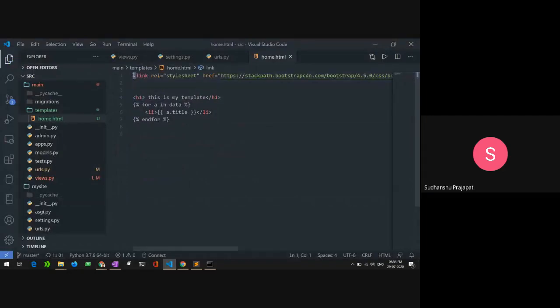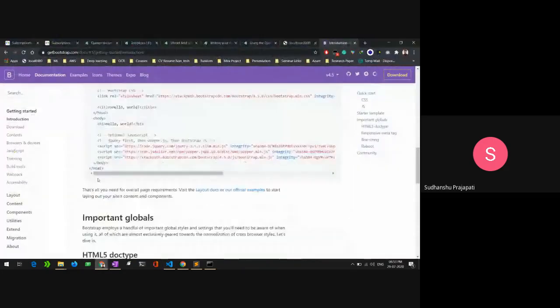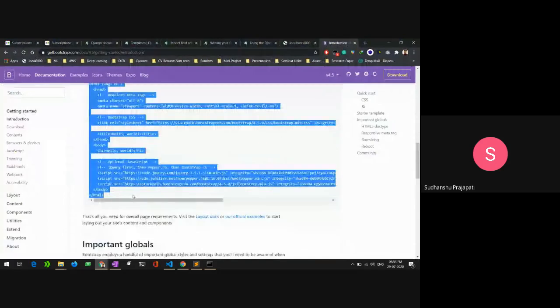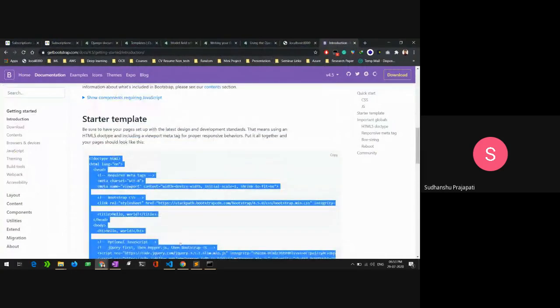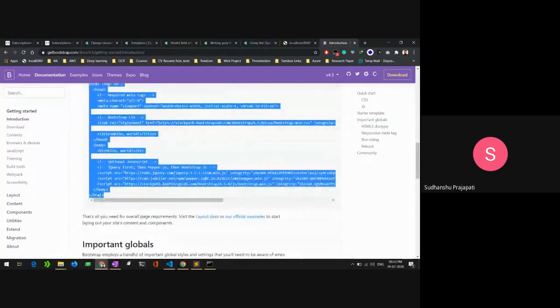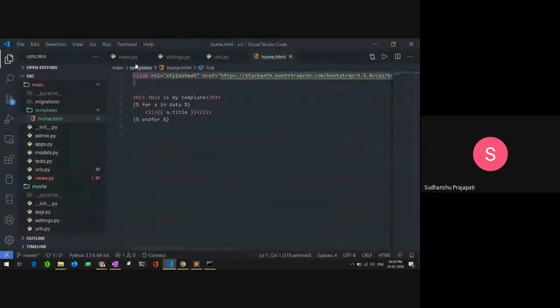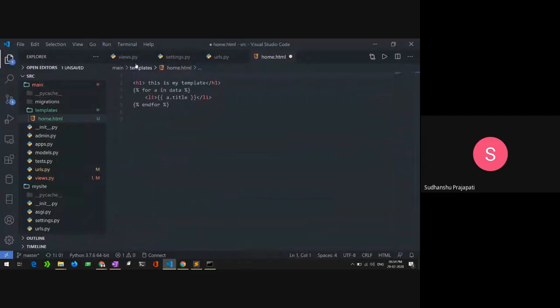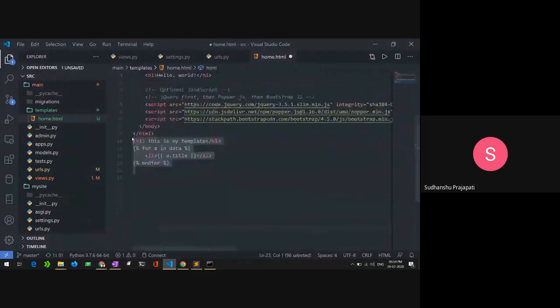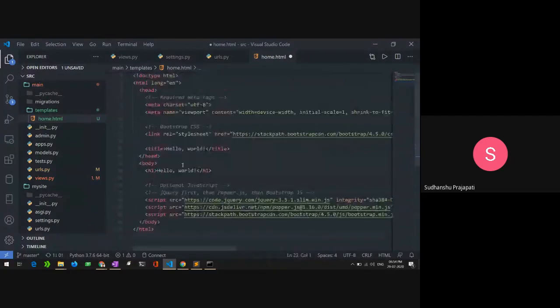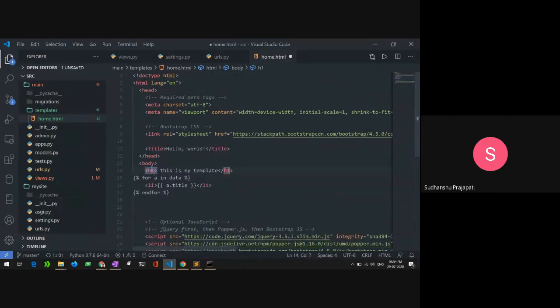Just showing you how you can use it, and I can actually use this starter template too. So I will use my starter template. It's already covering all the things, the body tag, head tag. So I will just remove this and work with my starter template, and paste all these things inside the body of my starter template, remove the hello world here and put my code inside here, and after that I can save it.